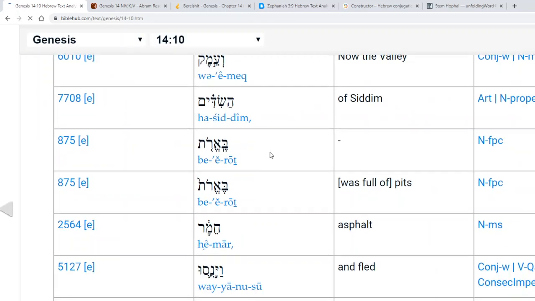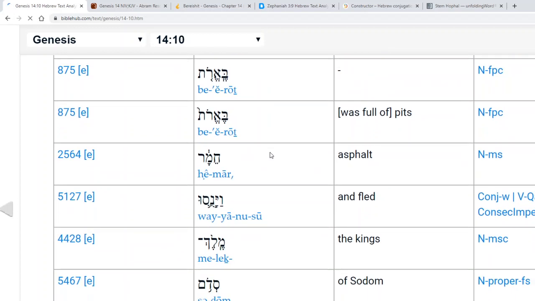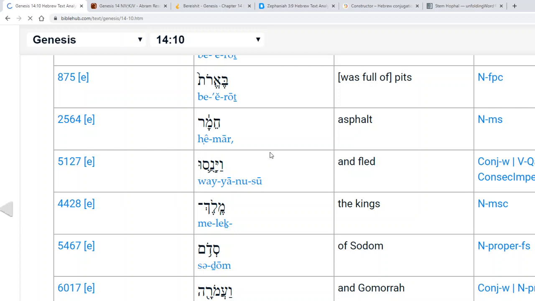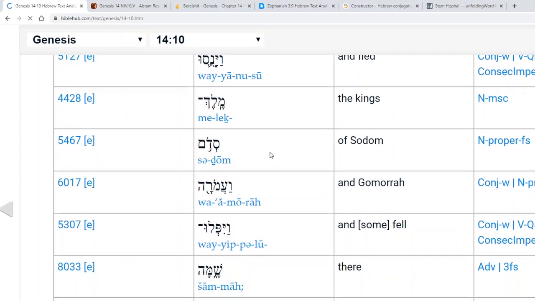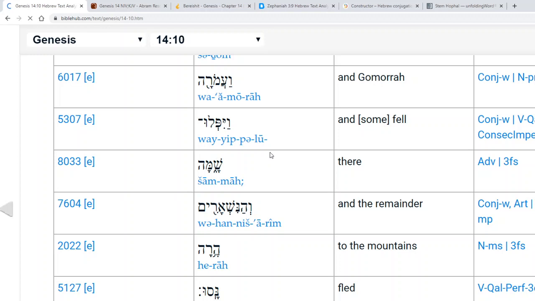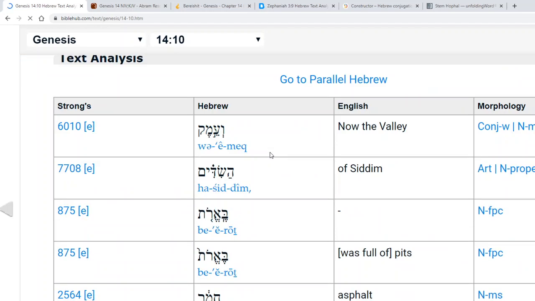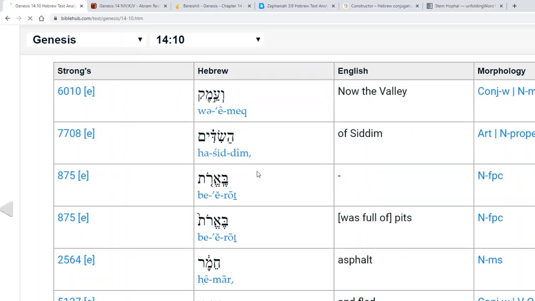Ve'emek Hasidim be'erot chemar ve'yanusu melech Sdom ve'amorah ve'yiplu shama ve'hanisharim hera nasu. Interesting. Okay. So conjunctive vav, emek, obviously valley, hasidim, right? We talked about that before. Be'erot, right? So this is a